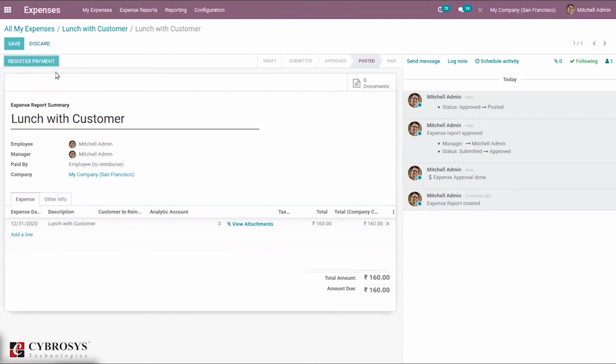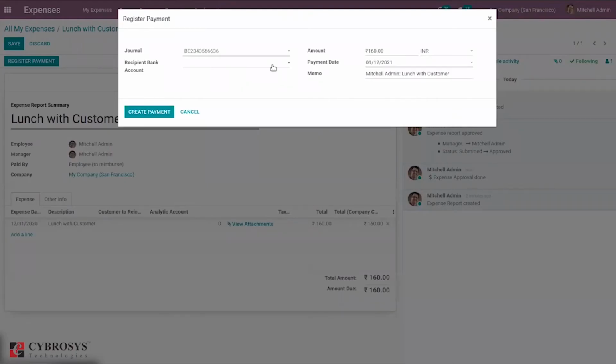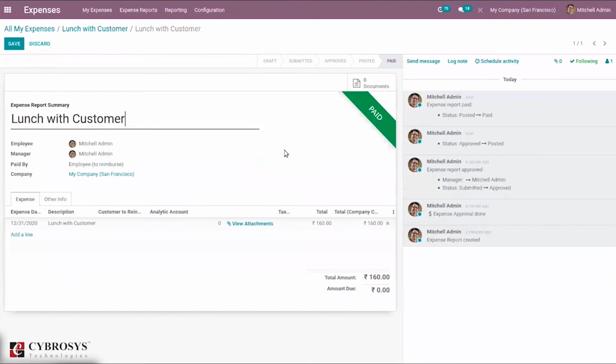Then we can register payment. So we can make payment to employee. So you can see the amount here, and we can set payment account. Now you can see the expenses paid.